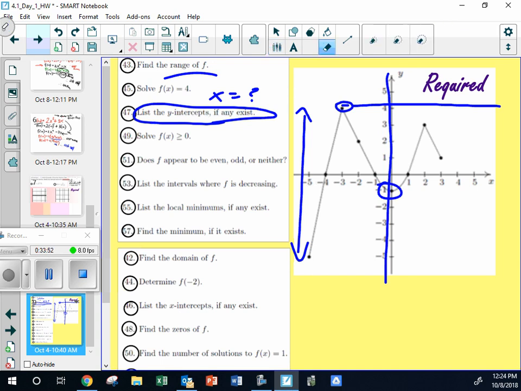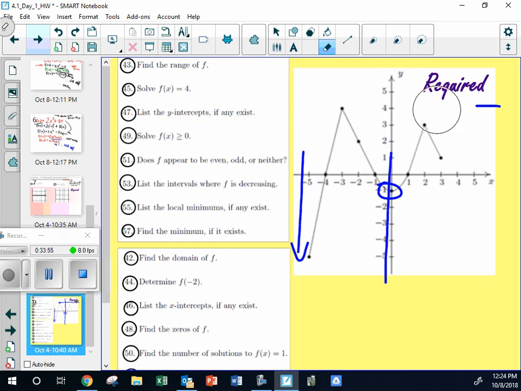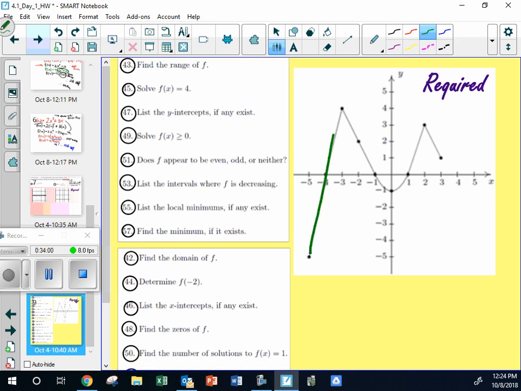All right. The function is greater than 0. Now, that's been a while, and I don't know if you ever did it in this context. Would you agree that this is the function? Where is the function bigger than 0? Well, the question really is, is it where x is bigger than 0? No, where f of x, which is really like saying what? Y. Do you get how they're saying this, the function? Where is y bigger than 0? And if you're wondering how you're going to say that,